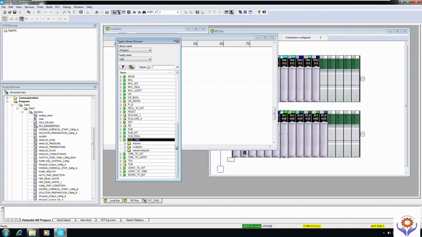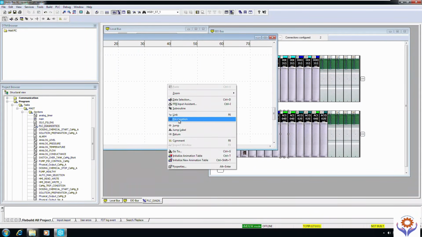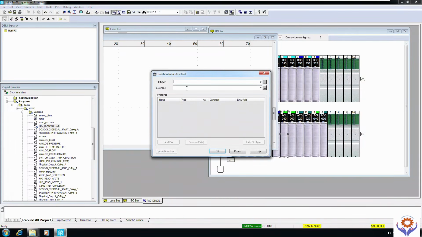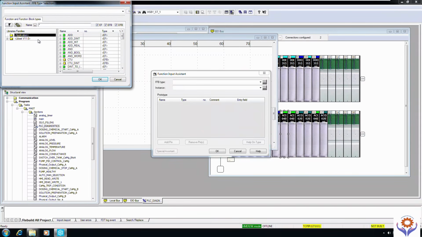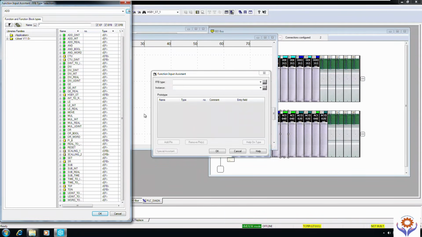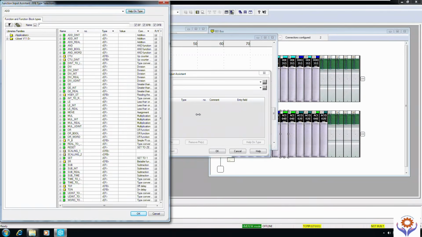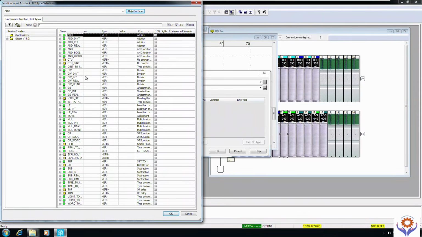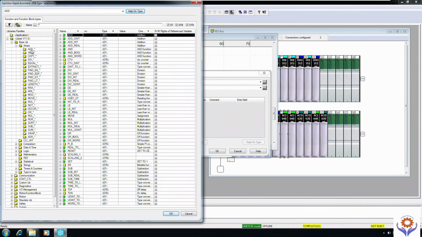Here I will show you one option. If you go for FFB and browse, it will open the FFB type selections. Here you have an option called application. Application means what you have already used in your project. These are all functions already used. If you go to libset, you can find here basic, communication, custom and everything. In the custom you can add anything of your own, like if you created any block. But if you go here in the base, it has all the basic